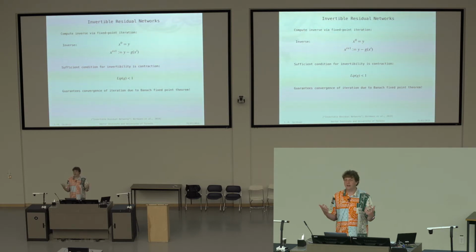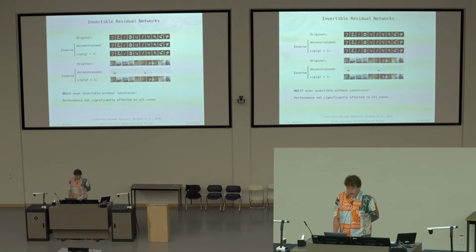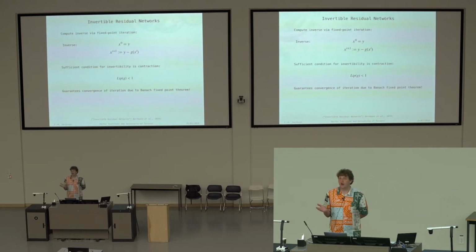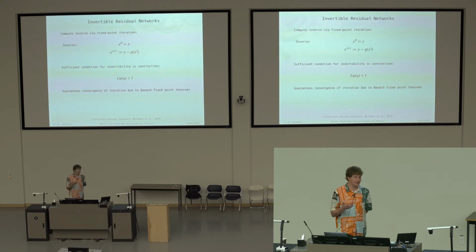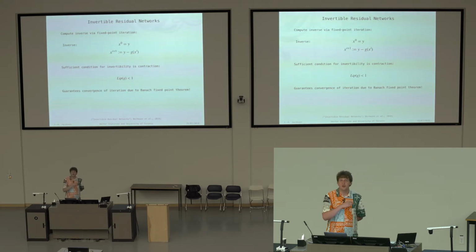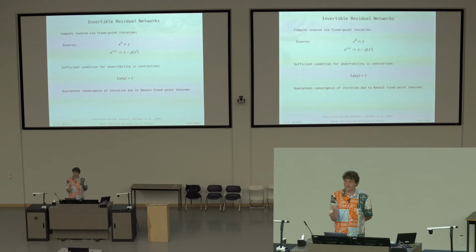So now we don't need any particular structure anymore. We just have to make sure somehow that the Lipschitz constant of our residual block is always smaller than 1. And now, the question is, how do we do that? We do that by applying a spectral normalization to all the weights in our residual blocks. So we basically spectrally normalize all the linear operators and scale them with a small factor such that the largest singular value is just below 1. And then we basically have this property satisfied.